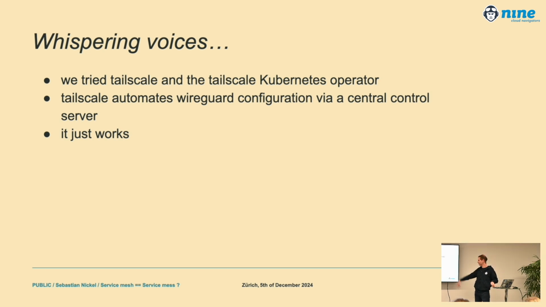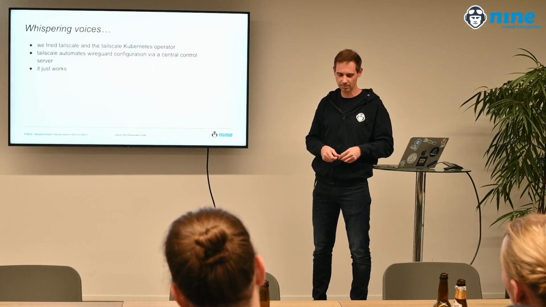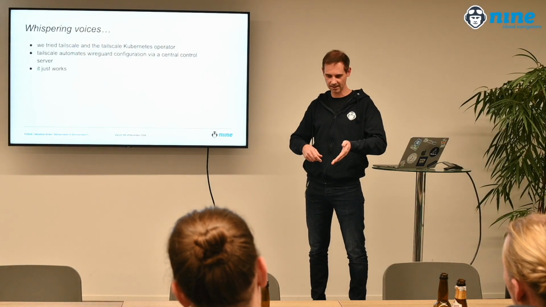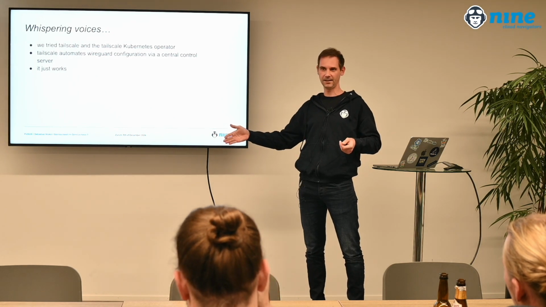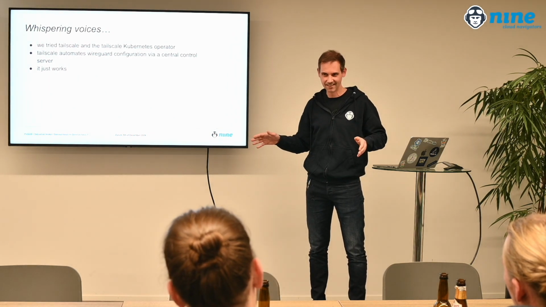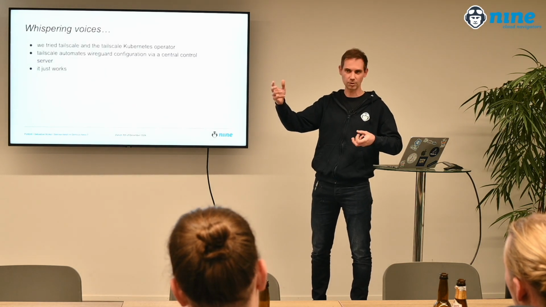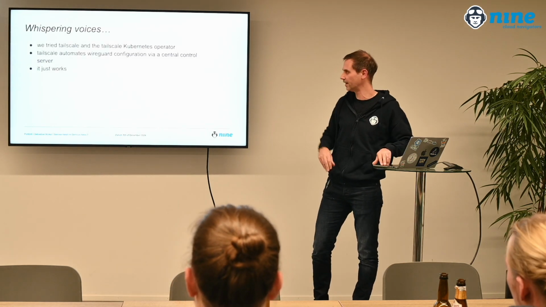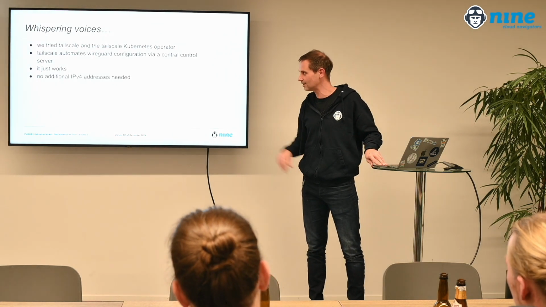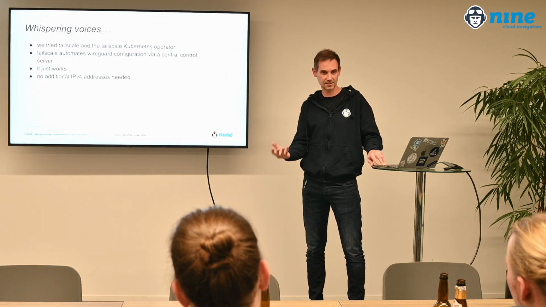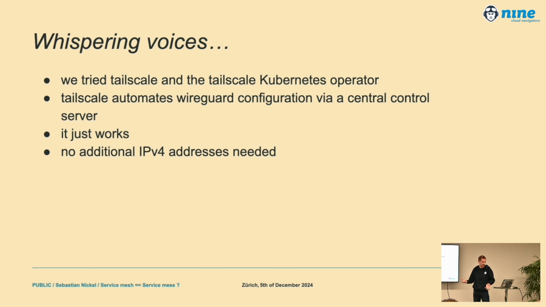Because given all the things we tried out before, it was so easy to get something up, that was a really great thing. You add an annotation to a Kubernetes service on the source, and then the same thing I think on the target, and then allow it in the policy and done. They also provide a magic DNS thing, so every registered device, node, machine gets its own DNS, and then you can just use it. No additional IPv4 address is needed because it uses what the host already has as a public IPv4. So really cool.